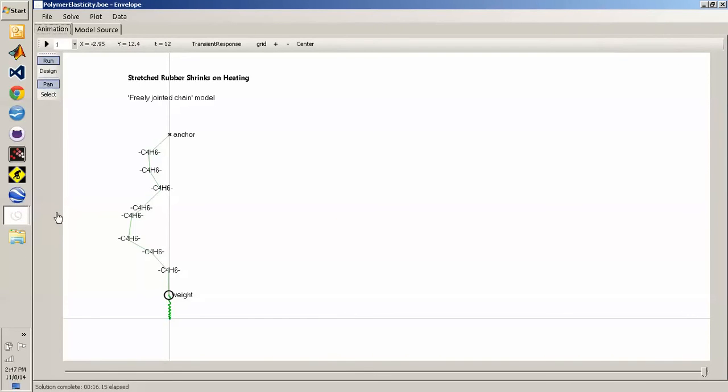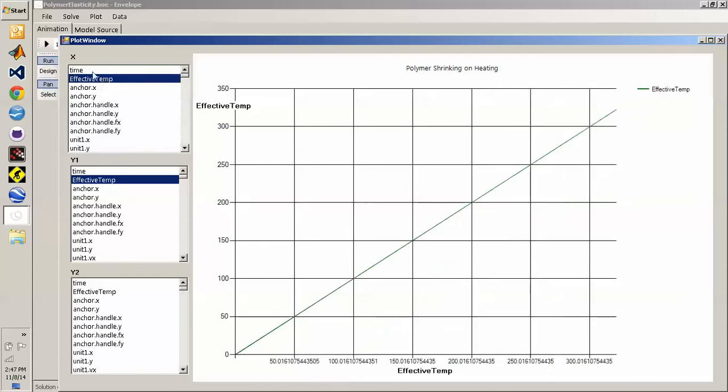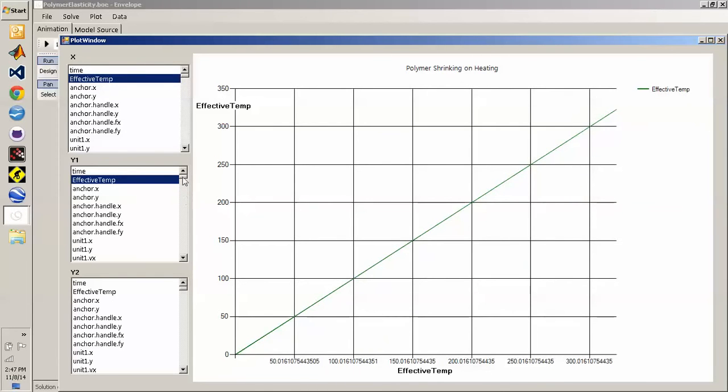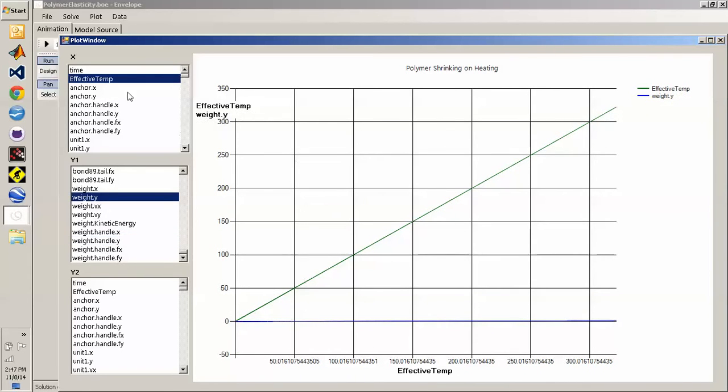And then, of course, when we plot that sum, we get an estimate of the temperature. If I instead plot effective temperature on the horizontal axis, and then plot the height of the weight, so the weight's y coordinate, either one of these two, we'll get a nice plot